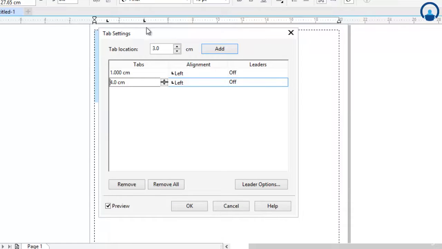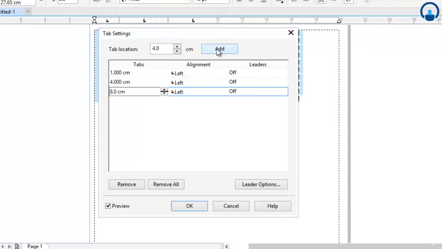And again, if I want a tab at 8 centimeter, what I need to do is add 4 centimeters, because this is 4 centimeter, and after 4 centimeter, if you add 4 again, it goes to 8 centimeter.